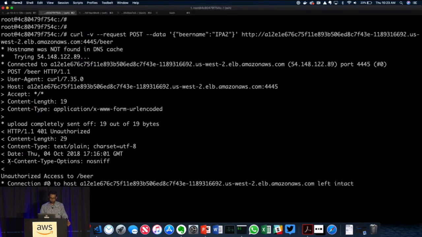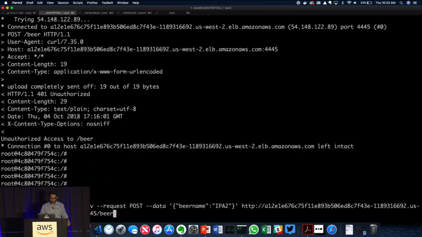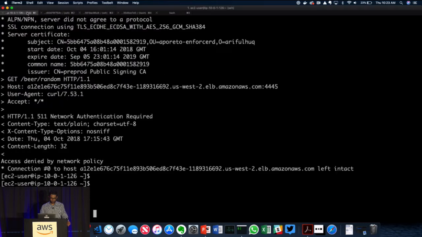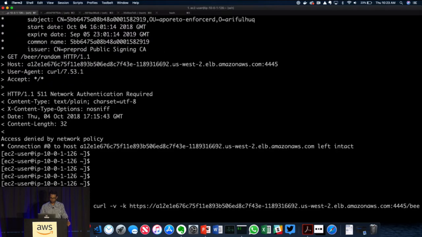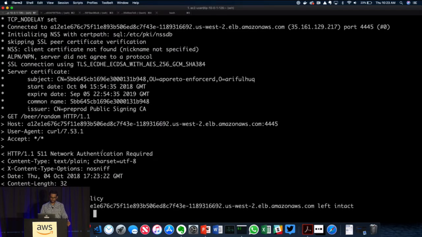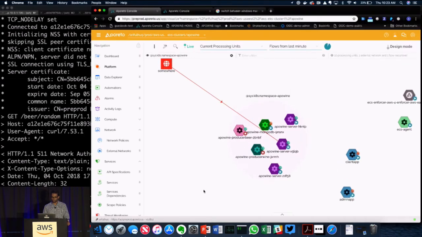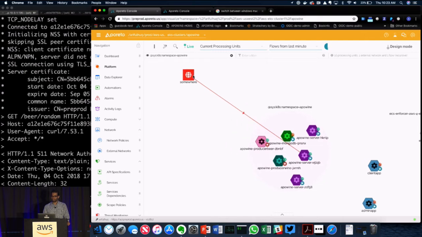So I'm going to start this demonstration real quick here. What I'm going to first do is run a curl request. And you see that this first request is denied, because I'm trying to access this application directly from my EC2 instance. There's a policy in place that says I have to present an identity in order to get access to this application.